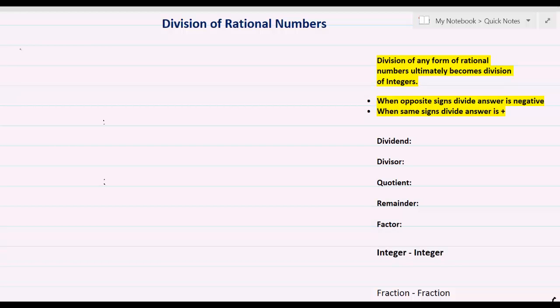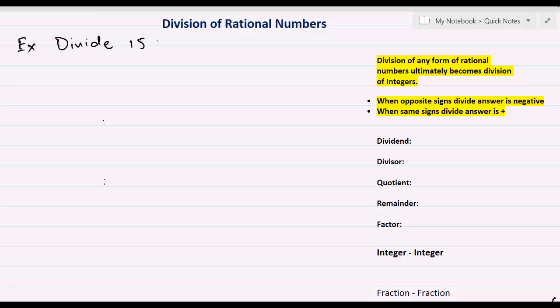Division of rational numbers. Division of any form of rational numbers ultimately becomes division of integers. Since rational numbers come in many forms, sometimes they are integers, sometimes they are fractions, sometimes they are decimals. So we will start with the simple form of rational numbers, which are integers, and let's divide 15 by 3. So let's write down the question: divide